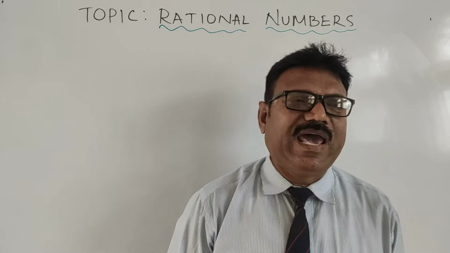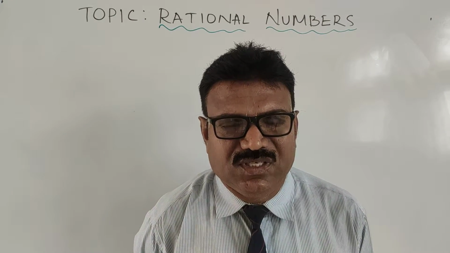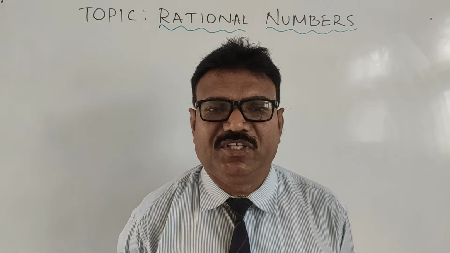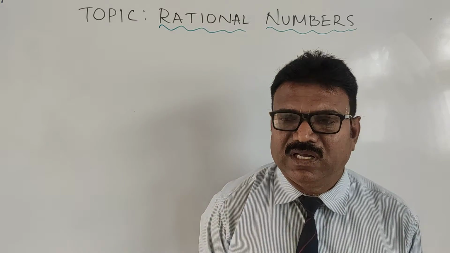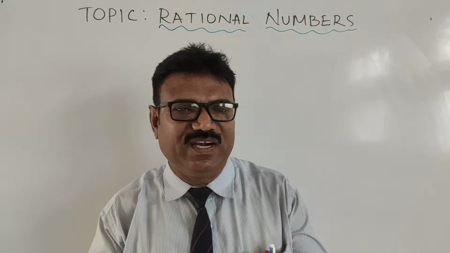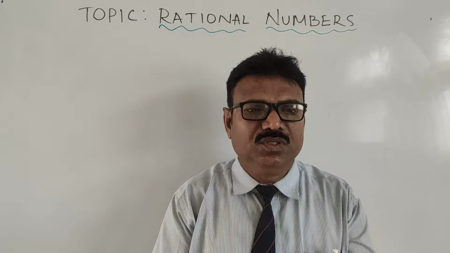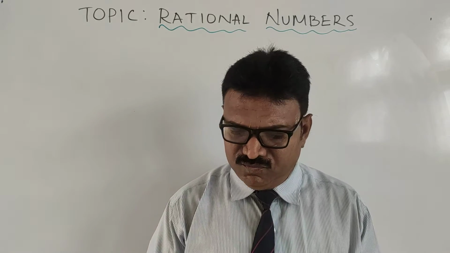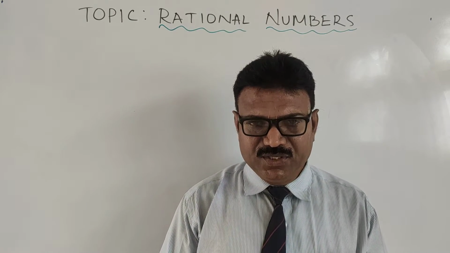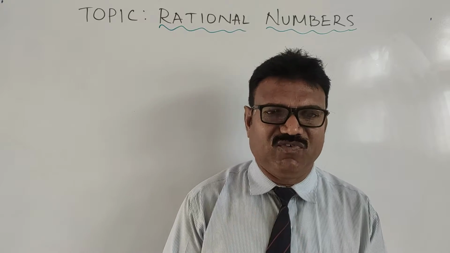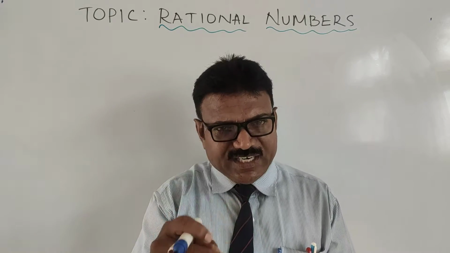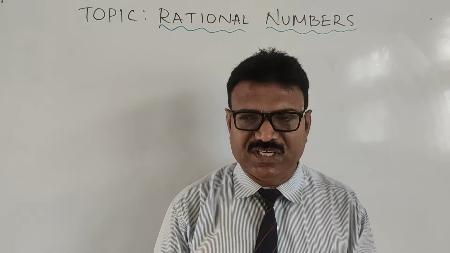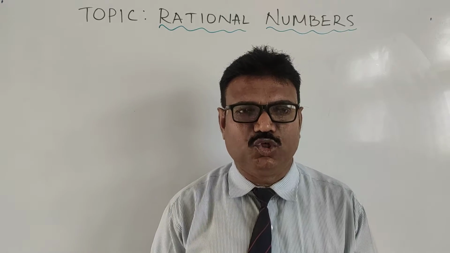So in the last classes I explained about rational numbers, their properties, how to represent the numbers on the number line, and how to find different rational numbers in between two given rational numbers. Today I am going to solve the first exercise. These are small problems, I will explain them one by one. Please write down in your rough notebook, and afterwards when your notebooks are there, you can write it again. Okay? Don't ask any further questions.